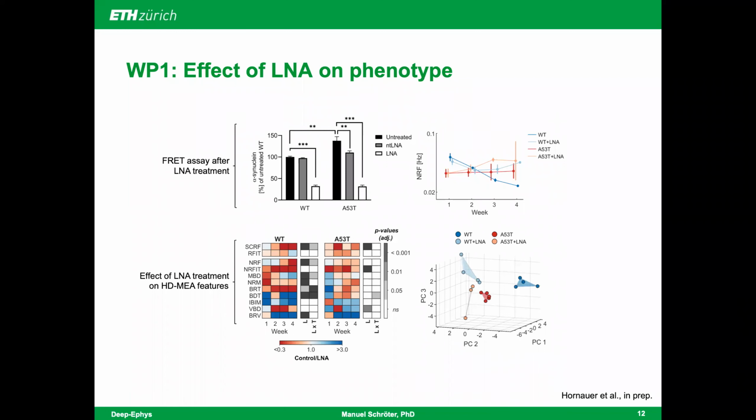Previous research has suggested that one strategy to target the underlying mechanisms involved in PD and to slow down its progression is to modify the levels of alpha-synuclein. And clearly, this is an idea that one could also test in vitro. In our study, we used an approach based on locked nucleic acids, in brief LNA, to downregulate alpha-synuclein and to test the effect of LNA on electrophysiological properties.